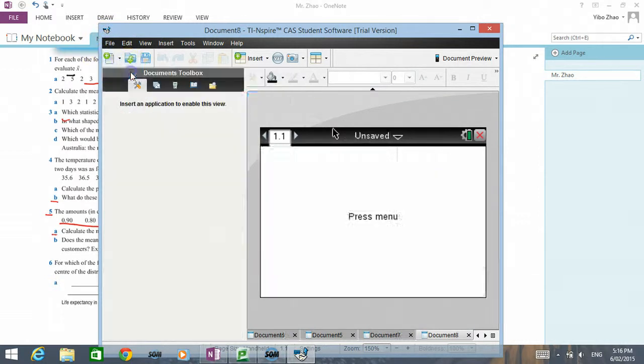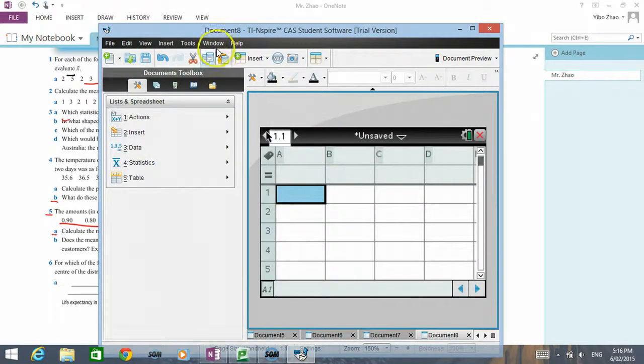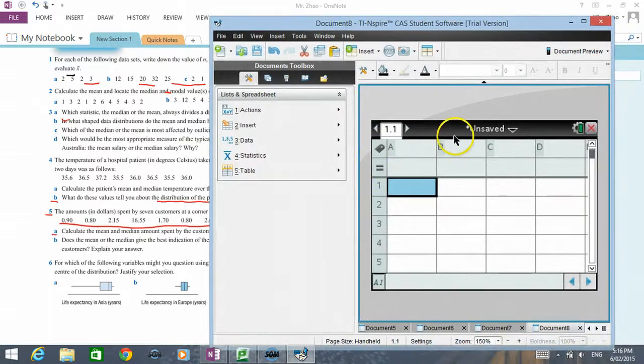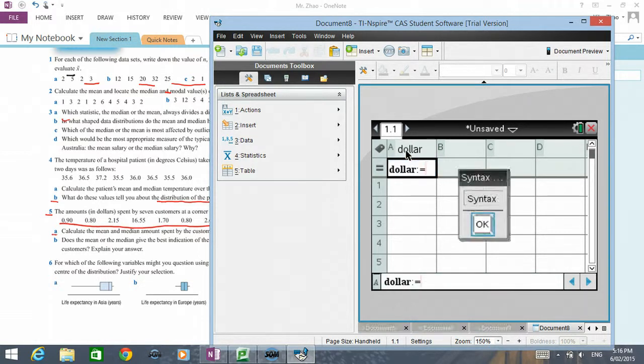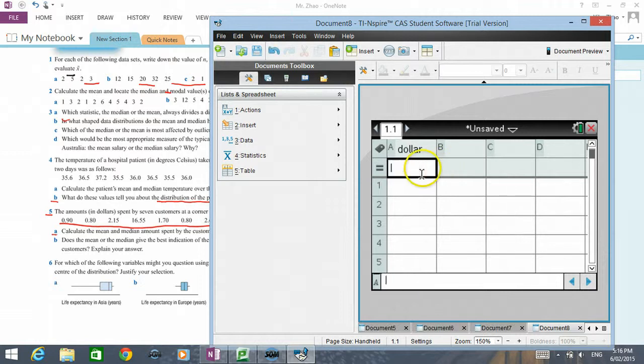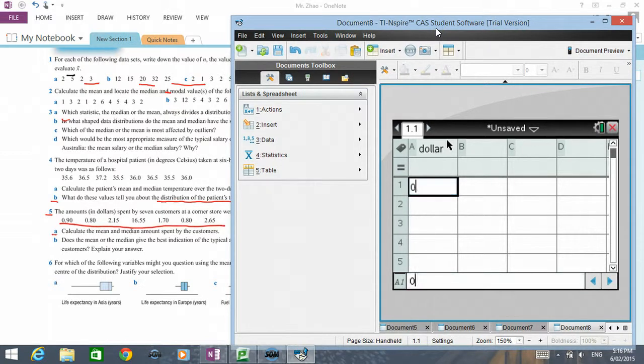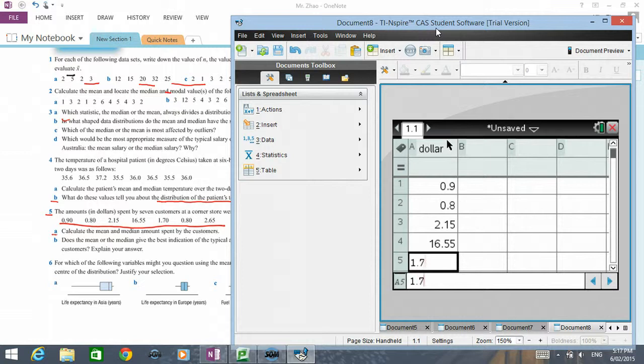Personally, I would prefer to use graphic calculators to do it, because it's easier to sketch graphs and plot graphs later on. So I put dollar in for question 5, and enter all the values in. So I have 0.9, 0.8, 2.15, 16.55, 1.7, 0.8, and